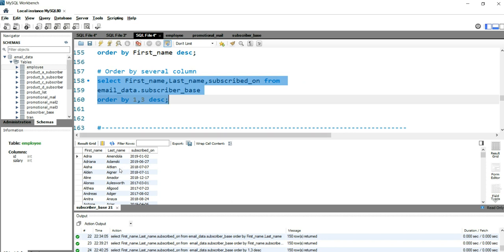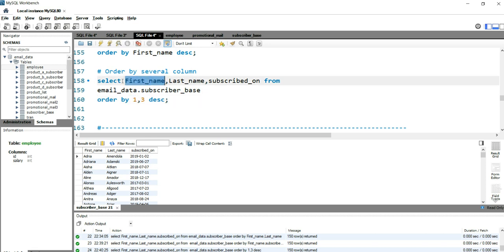Now the result is the same here. The reason is that when I put order by 1, SQL treats 1 as first name. So when I put select first name, then this first name is at index 1 and the subscribed on is at index 3. So that's how SQL understands that after order by, if I have written 1, this means that I want to sort data by first name in ascending order.